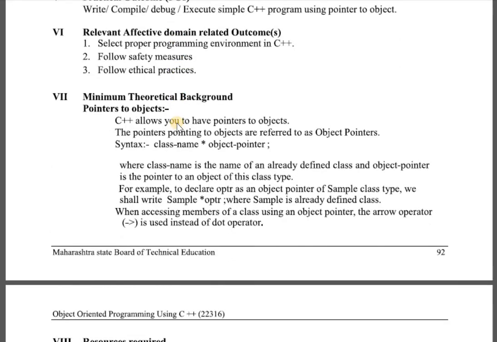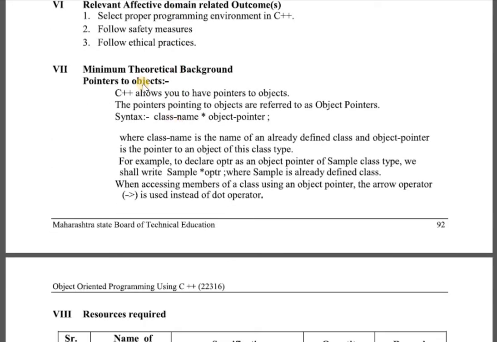Let's see how to define a pointer to objects in C++ programming. C++ allows you to have pointers to objects. C++ provides the mechanism to apply pointers to the different objects created by the class.